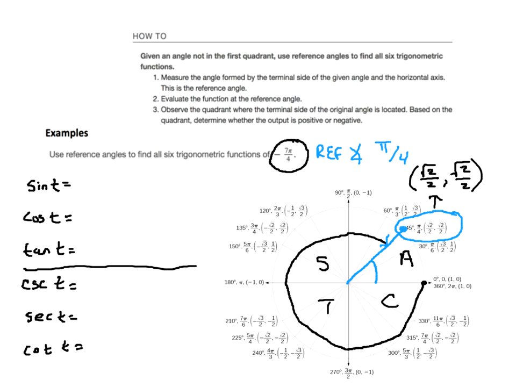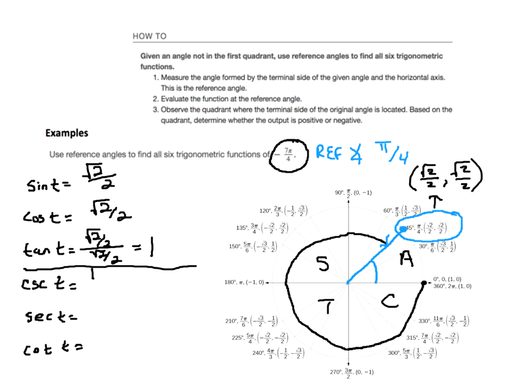So that's one check we can do for ourselves when we find the trig functions and make sure they're all positive. Sine is the y value, so square root 2 over 2. Cosine is the x, square root 2 over 2. Tangent is y over x,